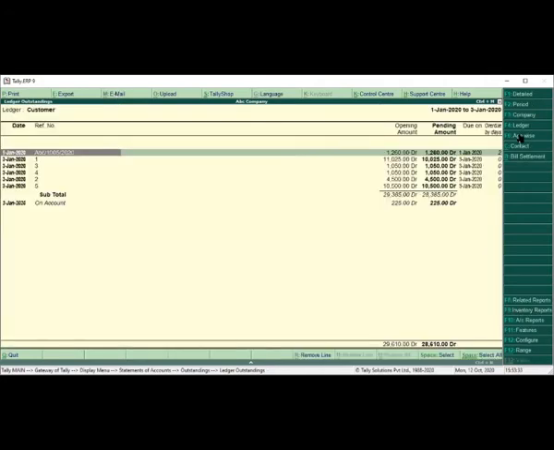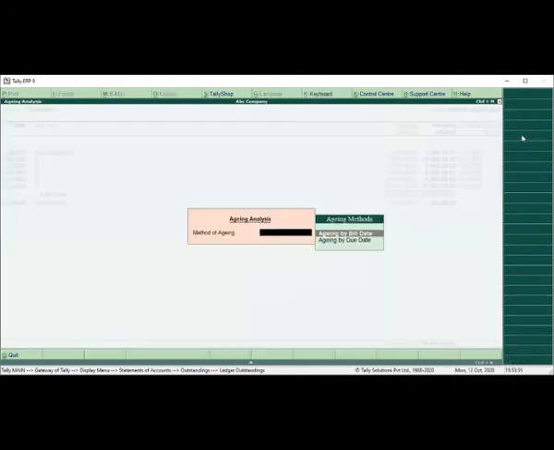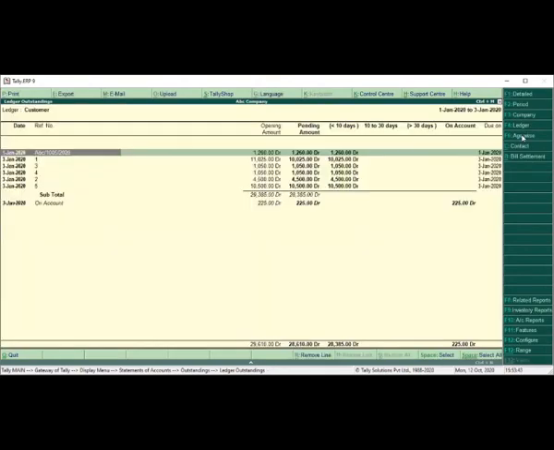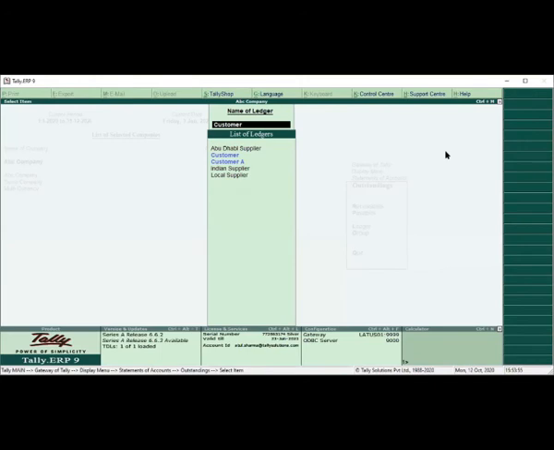So here you can see the age wise report. If you want to see 0 to 10, 10 to 30 days, if you have given any credit period to the customer, in this case you can see the detail of how much amount is pending and for how long. So it will show the actual value, that okay, this particular amount is pending for 90 days and he did not pay this particular amount. So that also you can see.